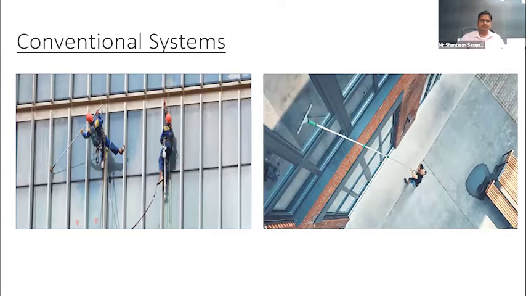So when we talk about the conventional system of facade cleaning, you can see the images in front of you. There is a Spider-Man suspended with the help of Spider-Man rope. And as the picture depicts, it is very difficult to access the facade. He's using the tucker pole. Now you can see the facade access is not that efficient. The cleaning is not efficient.